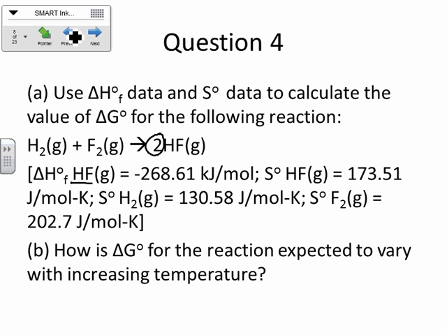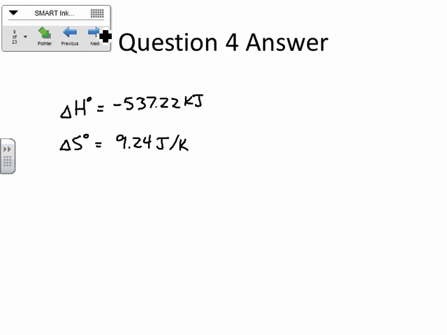173.51 times 2 minus the F2, which is 202.7, minus the H2, which is 130.58. Yep, I calculated that wrong. 13.74. Okay, 13.74 joules per Kelvin. So then when you do your delta G equals delta H minus T times delta S,